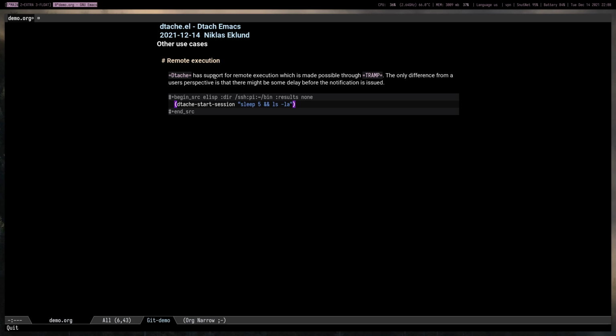And the reason for that is when we are running on localhost, we can take advantage of Emacs built-in functionality that allows us to subscribe to file modifications, basically. And the socket that the underlying Dtache program is using will be deleted upon the session finishing. So that's why we have this very accurate